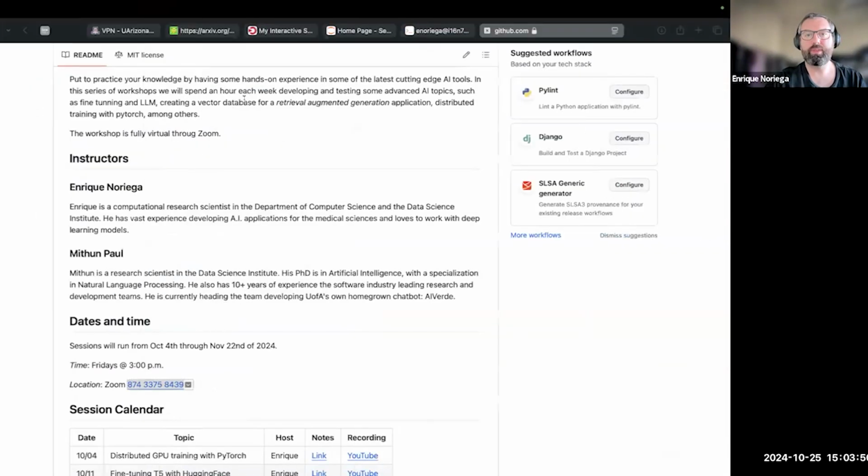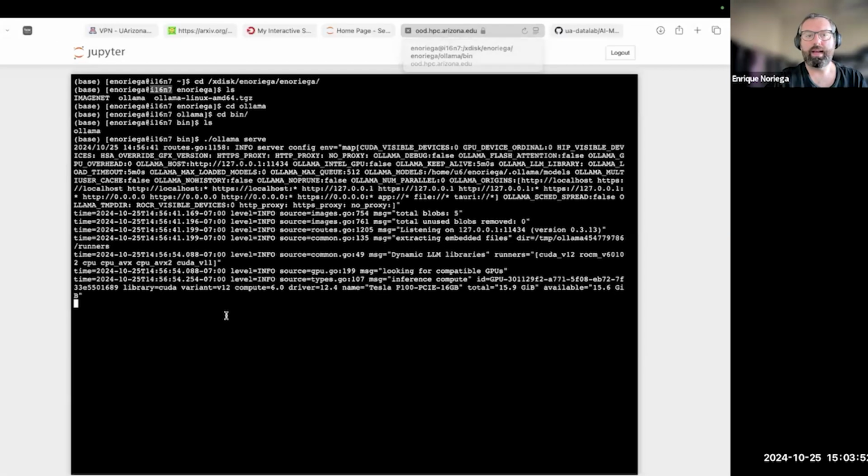So far, I already have an allocation on Ocelot on the HPC, and I'm going to build upon Mithun's session from last week. I have Llama running here. The way I'm setting up my environment is that I want to use the LLM on the HPC, but I want to run the rest of my code locally on my laptop. That way I can leverage having VS Code, but still have a GPU for a quick turnaround time,